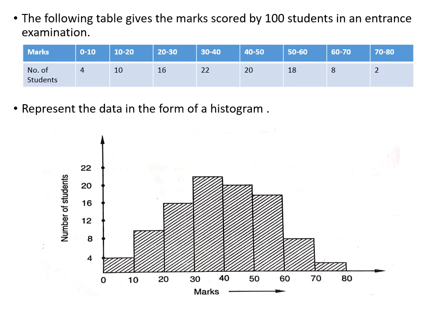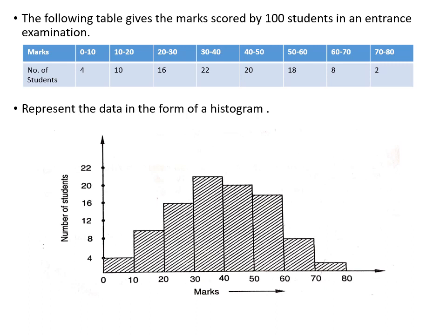So, here you have to choose a suitable scale. If you see, the maximum numbers here are multiples of 2. So, you can take the scale of 4. Here I have taken the scale of 4. So, 0 to 10, see the 0 to 10, how many students are there? 4. So, the height of that rectangle is 4. 10 to 20, now there are 10 students. So, between 8 and 12, 10 is there. So, the height is 10.